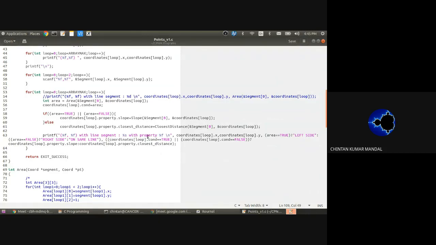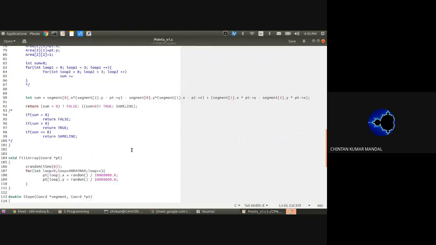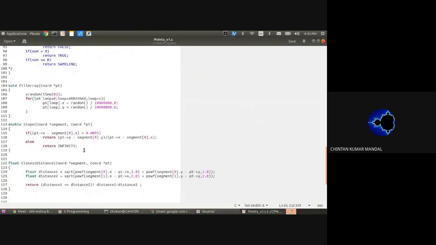Now, what I'm trying to do is basically I'm also trying to print the property also. So if my condition is equal to true, or my coordinate condition is equal to false, then I'm going to print the slope, else I'm going to print the closest distance. So this was basically my percentage f if it was working. Now this is giving me all of this, and my infinity was something over here. So this is basically my infinity. So if this is less than